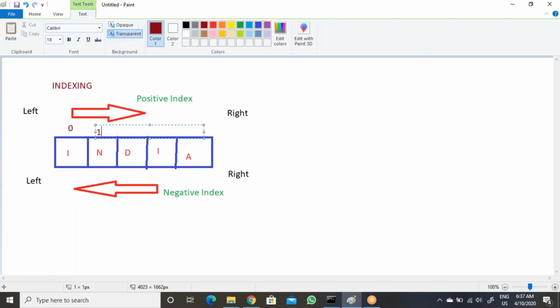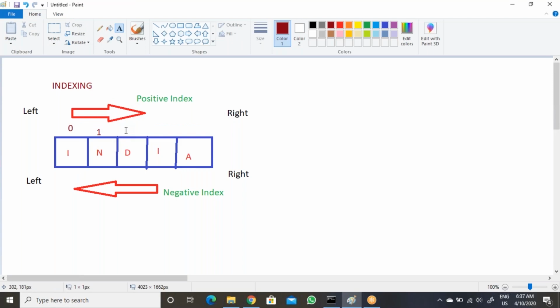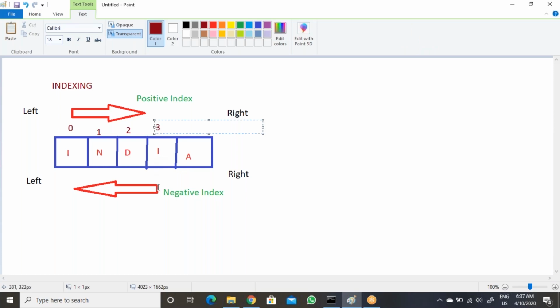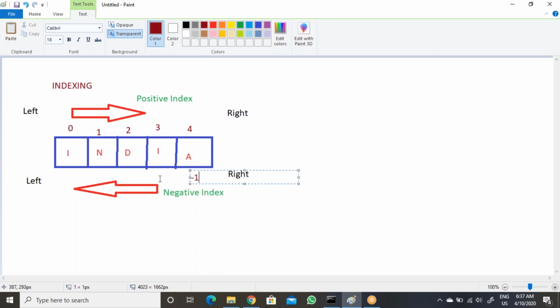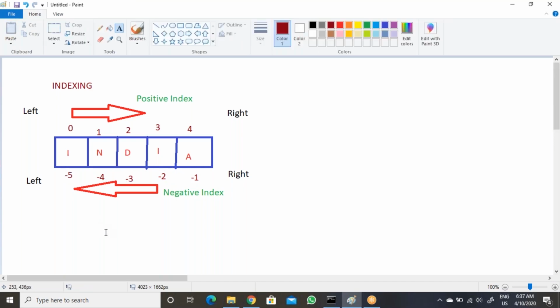Now if you go by indexing number, the starting index number for positive will be 0. Positive index number, it will be an interview question also: what is the starting positive index number? Now when we go for negative index number, it will be -1, then -2, then -3, then -4, then -5.